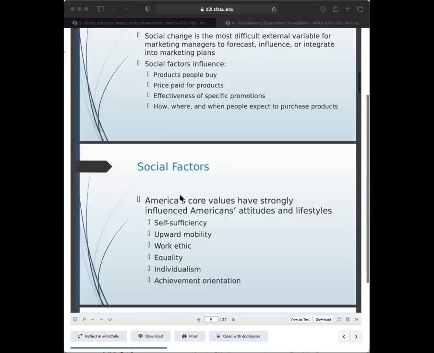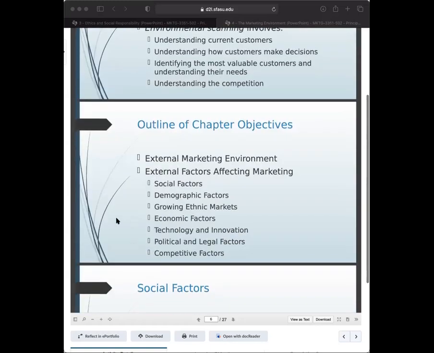If you were to do a SWOT analysis of a company that's offering a product, you would need to look at how these external factors affect my business. Those are how you figure out what your threats are and what your opportunities are. Maybe you see a competitor, you look and you go, okay, who are my competitors? Paying attention to what your competitors are offering helps you stay relevant and valuable to your consumers. Opportunities: let's say there's a growing ethnic market or an economic opportunity that takes place. Those are opportunities that your business could take advantage of.